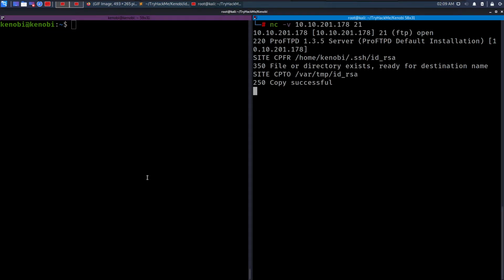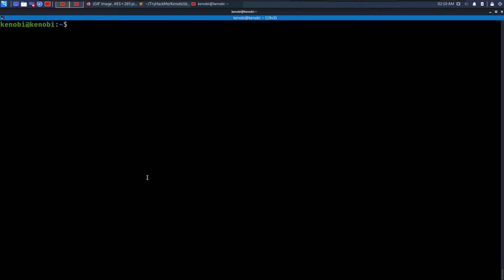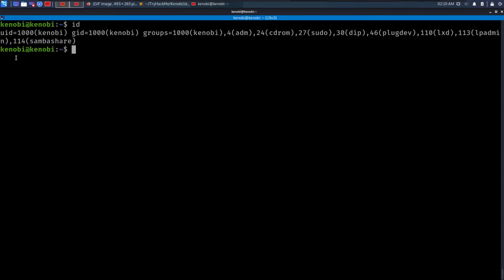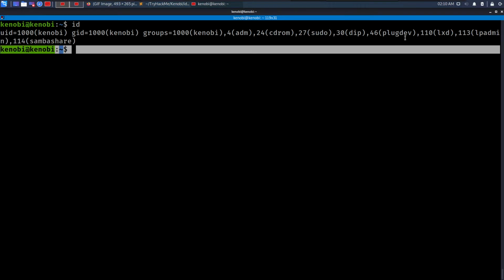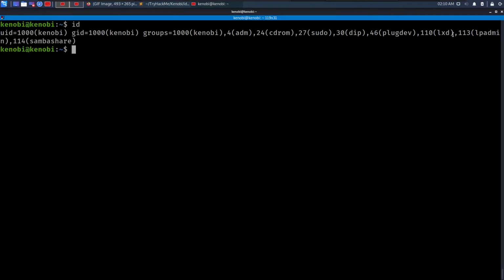So the very first thing I will do is run the id command, and let's see what id I have. I have a user id of 1000, group id of 1000, and there are a lot of groups which I am a member of. I am a member of admin, cdrom, sudo, plugdev, and lxd, which is